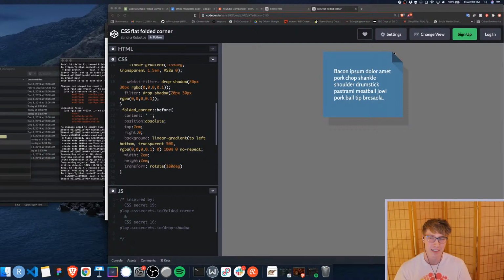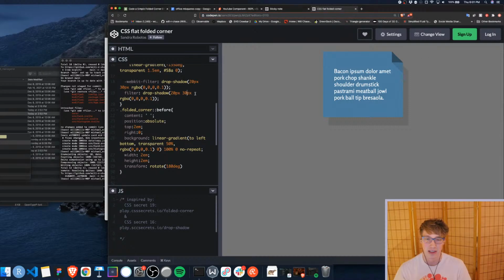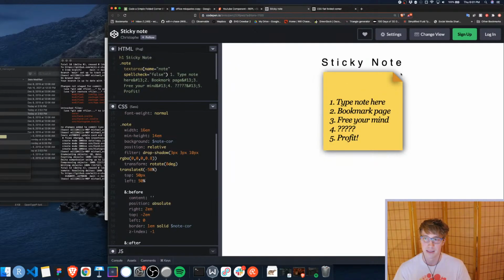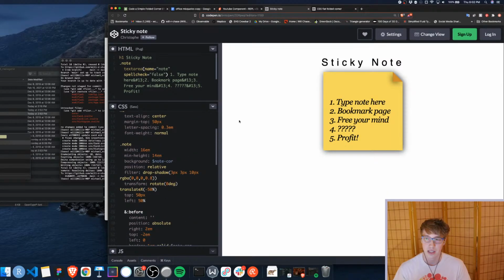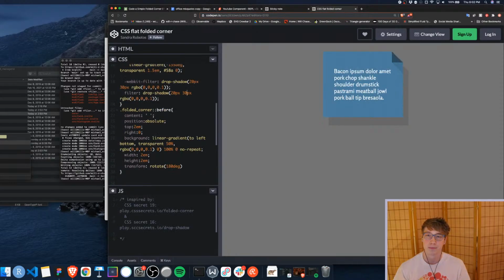Because I'm not that great at CSS, this kind of stuff, I'm looking for some examples here, and I found one that I like that I think sort of makes sense to me. Only issue is it works a little differently because it makes the top part of the sticky note a negative margin, so it's kind of hard. You can't put any text up in this part. Usually the text starts much further down here. But